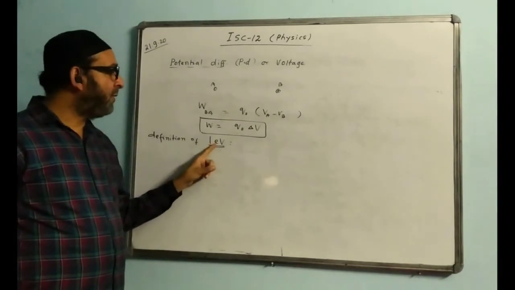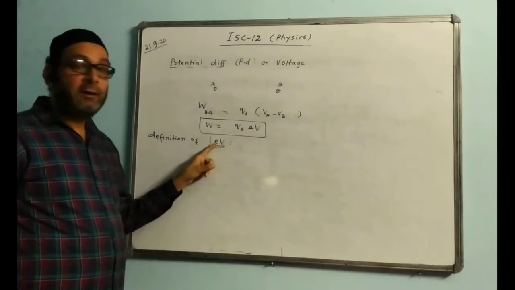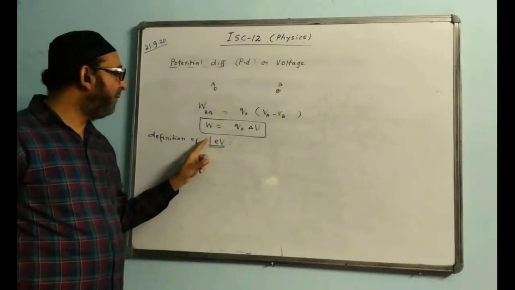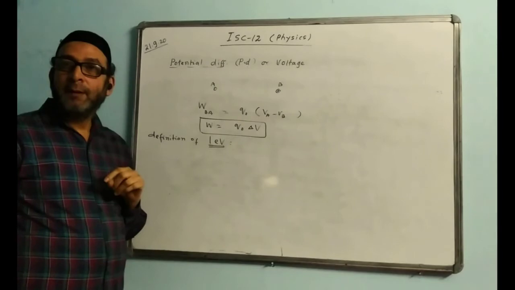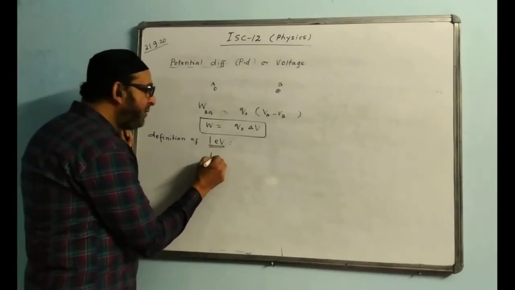How many electrons are there? 1 electron. The charge of 1 electron is 1 eV. And how much voltage do we give? We give a voltage of 1 volt. Therefore, we write this 1 eV equal to